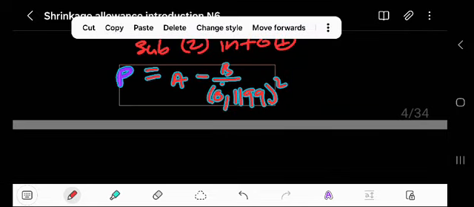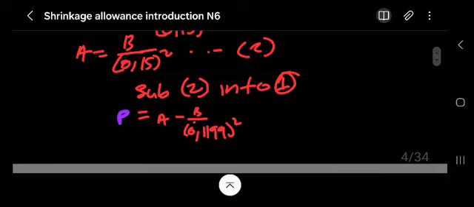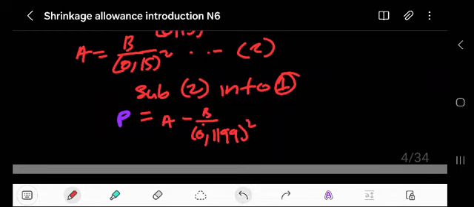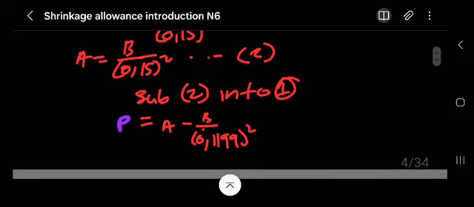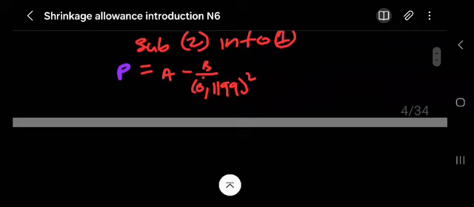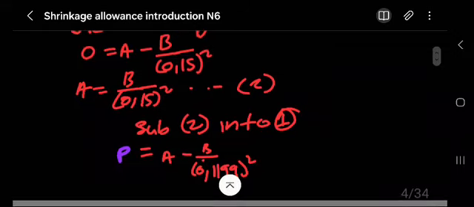Right, here's our equation 1. Where I see a, I'll replace it, I'll put all of that stuff there. So the p will be equal to, what is a there is b